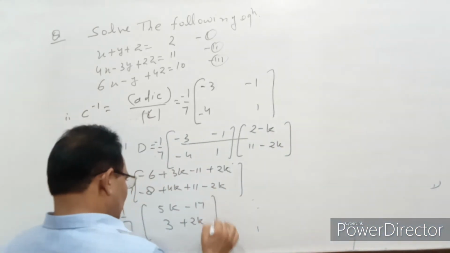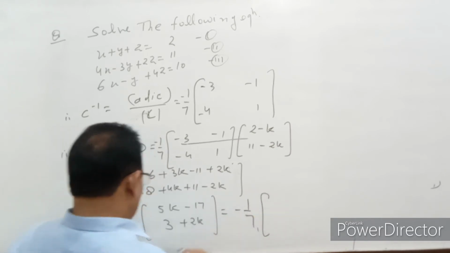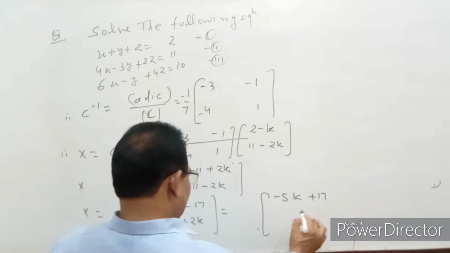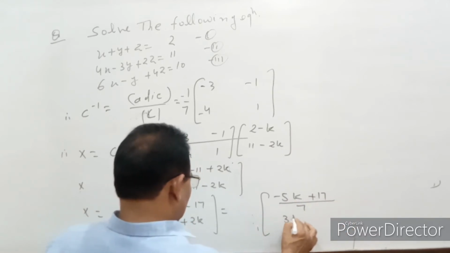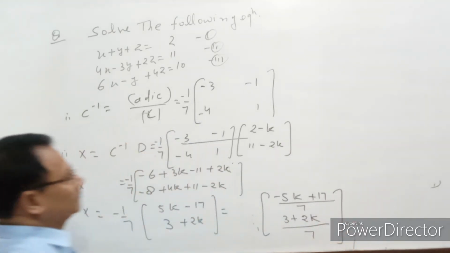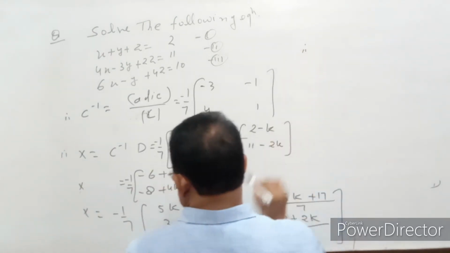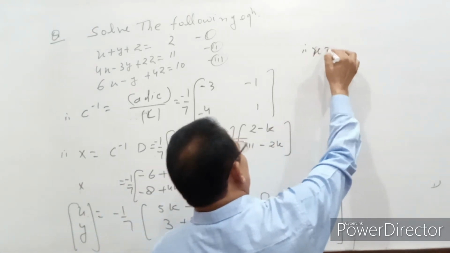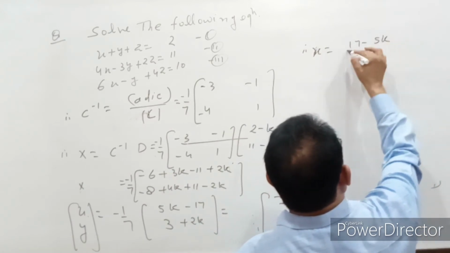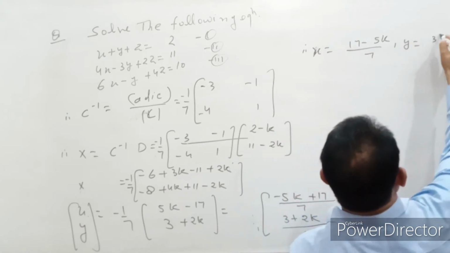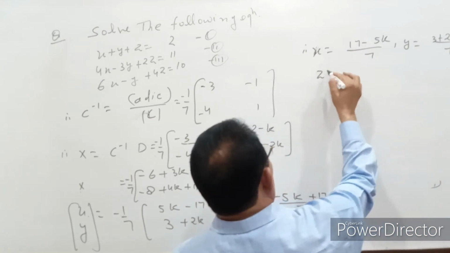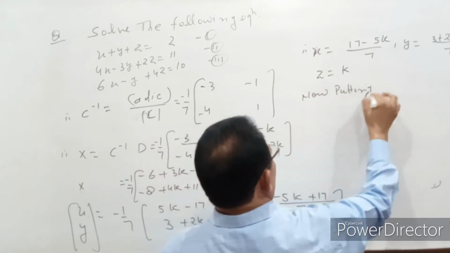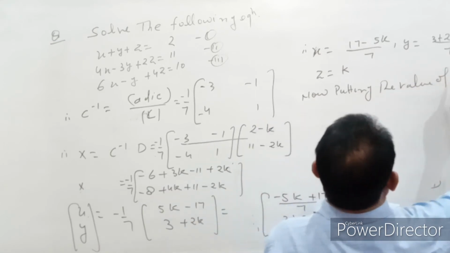x is equal to minus 1 by 7, that is 5k minus 17, divided by 7, 3 plus 2k divided by 7, therefore here x, y, z. x is equal to 17 minus 5k upon 7, y is equal to 3 plus 2k upon 7, z is equal to k. Now value of x, y